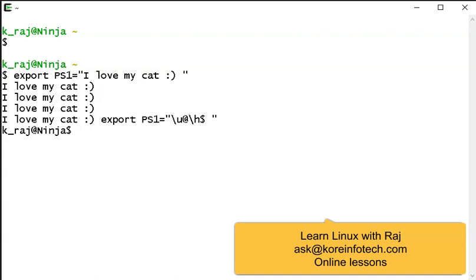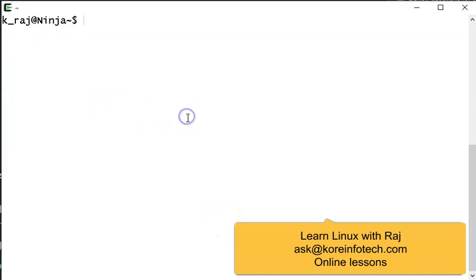then a space. Now you see it tells you that you're logged in as user k underscore Raj at on the machine named Ninja. So that's very useful, isn't it? That's quite fantastic. Okay, now that you know how to change the prompt string, let's add one more factor here,